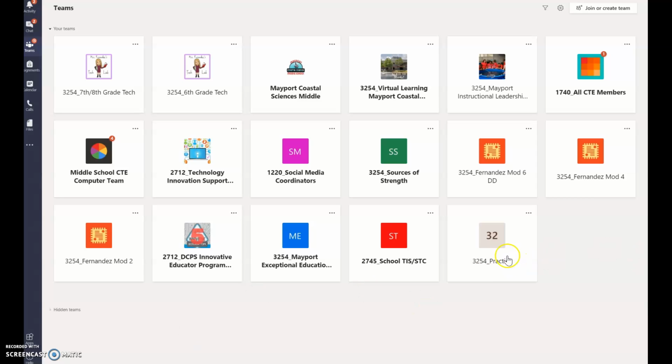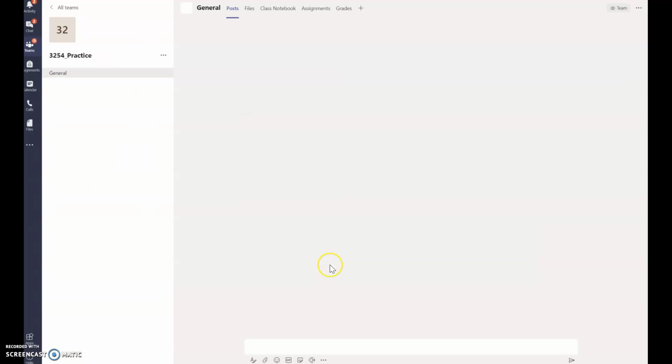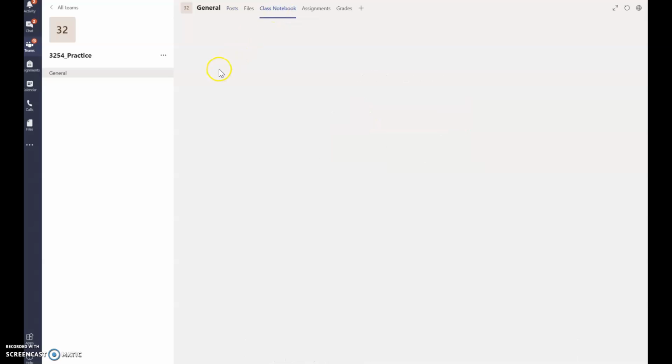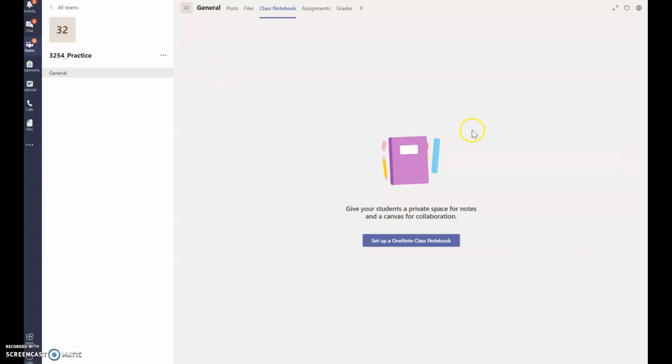So to get started, I'm going to open up my team where I'd like to set up my notebook, and of course I don't have anything in here because it's a blank one, but I'm going to click on the tab up here at the top that says Class Notebook, and when you do, if you have not yet set it up, it's going to prompt you to do it. So it's going to say set up a OneNote class notebook. So I'm going to go ahead and click on that,